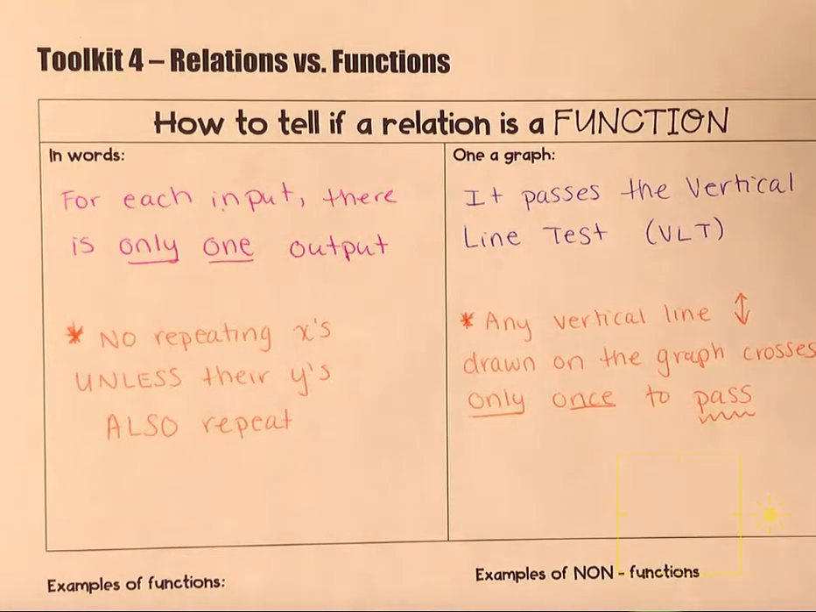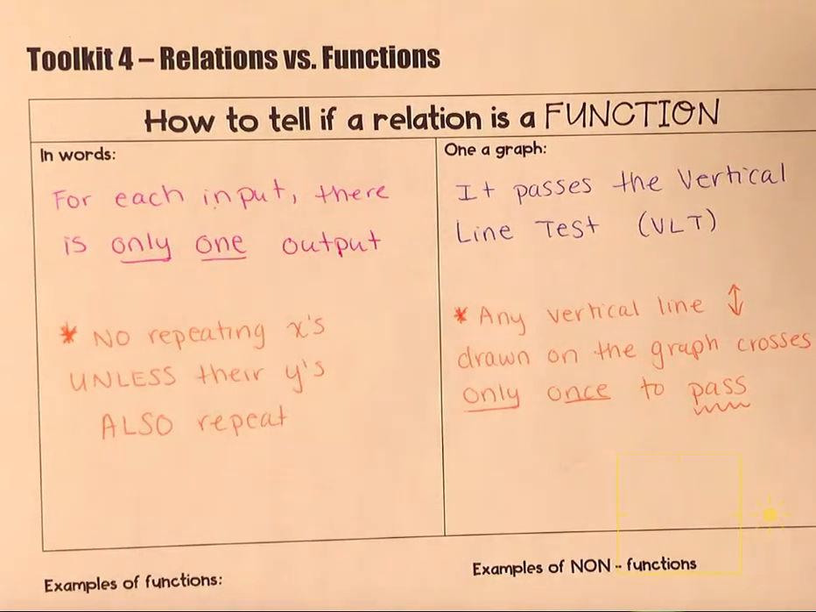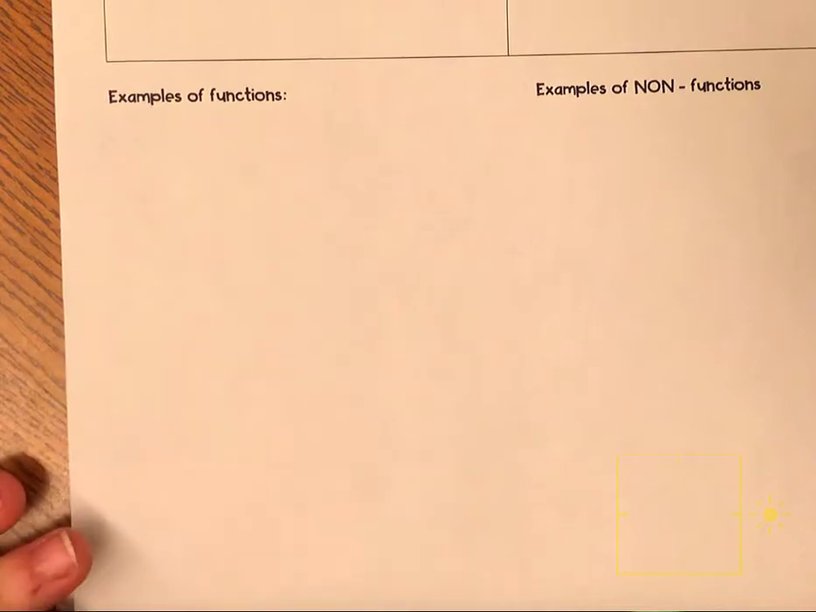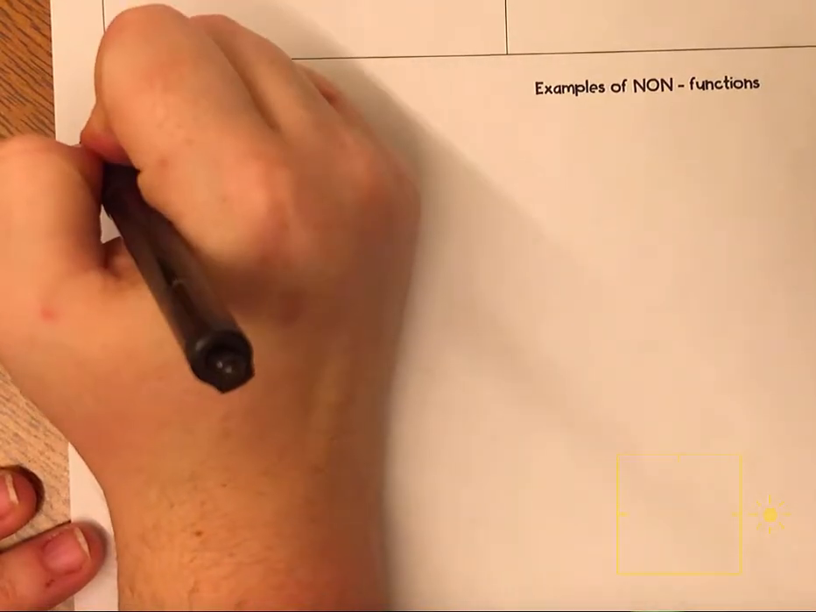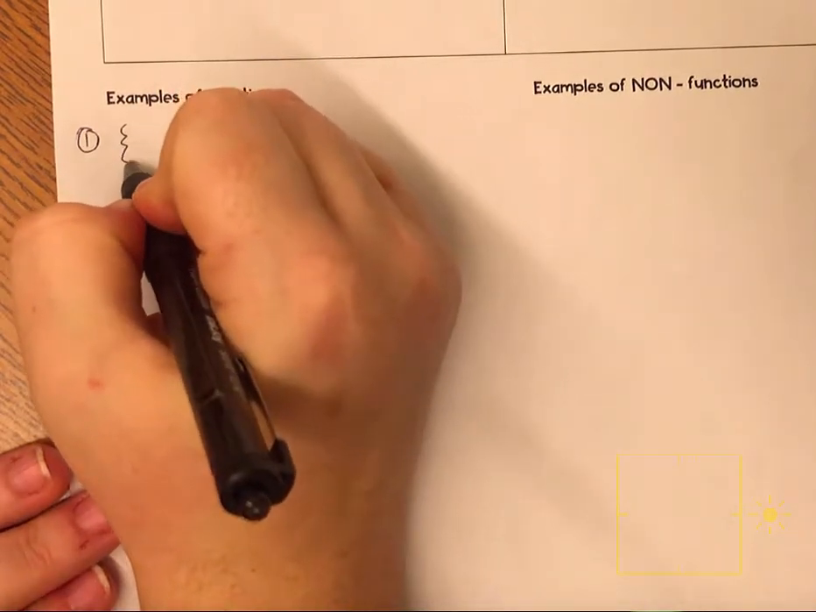This video is on relations versus functions. We know how to tell if a relation is a function in words and on a graph. Now we're going to write some examples of functions. So an example of a function, if I'm looking at a set of coordinates, so if I give a set